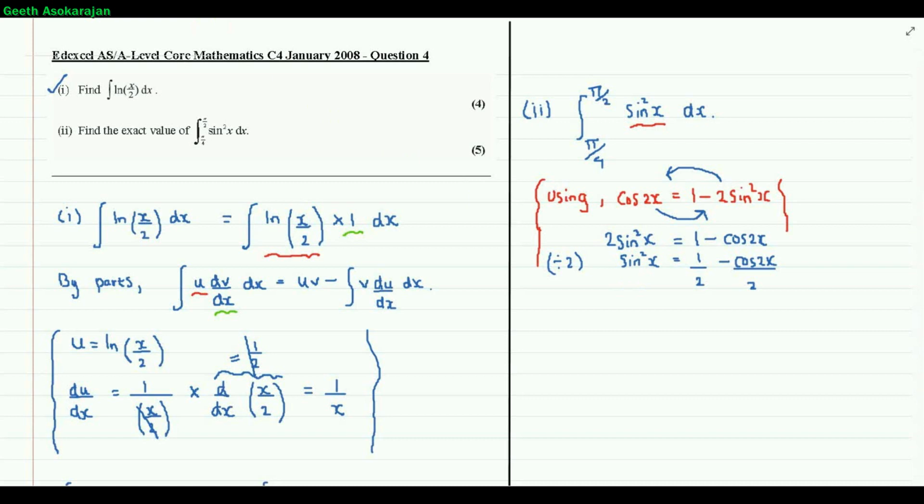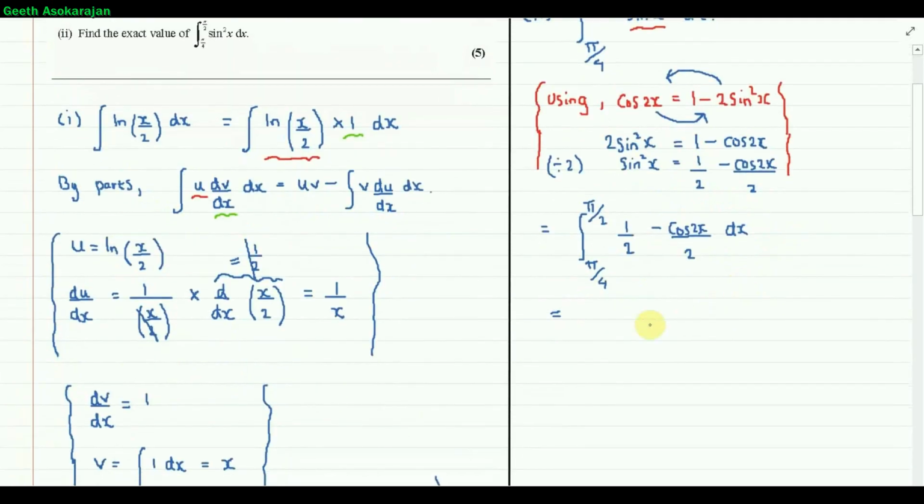Now let's go one stage further and integrate this term on the right, which corresponds to sine squared when rearranging the given identity. So let me rewrite the integral first of all, between limits pi over 4 and pi over 2, replacing the sine squared x by this term on the right. So let me copy down the half minus cos 2x over 2,